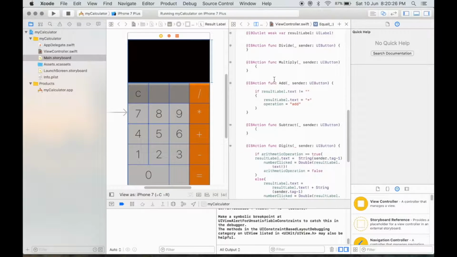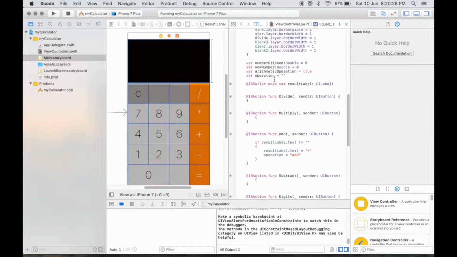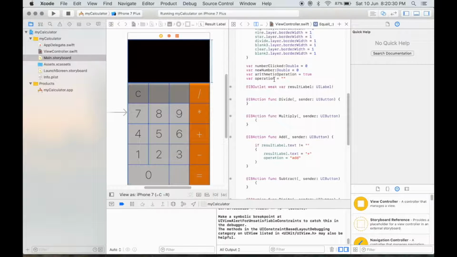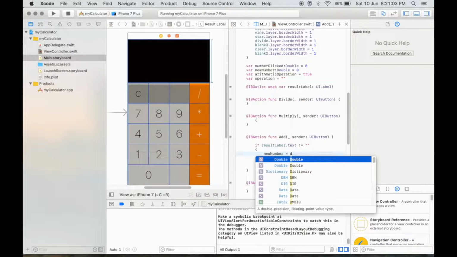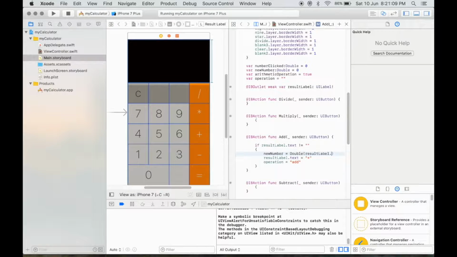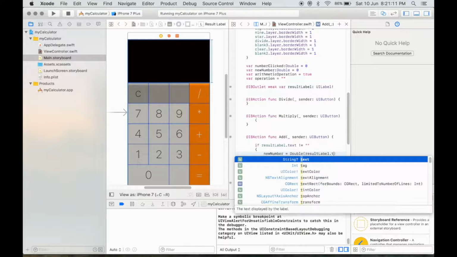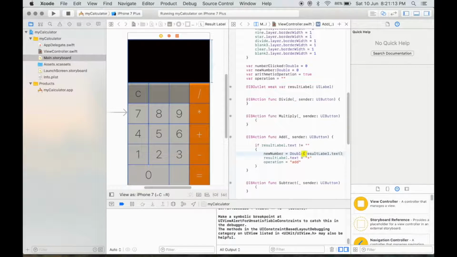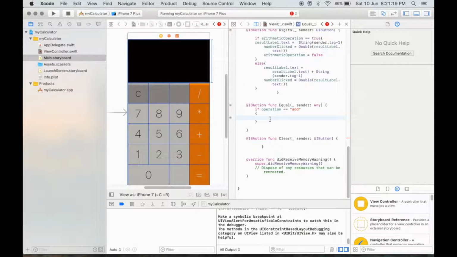So if you have noticed, we have just stored the first number and we have not stored the second number. Double, result label dot text. And in equal, we will display the addition of these two numbers.